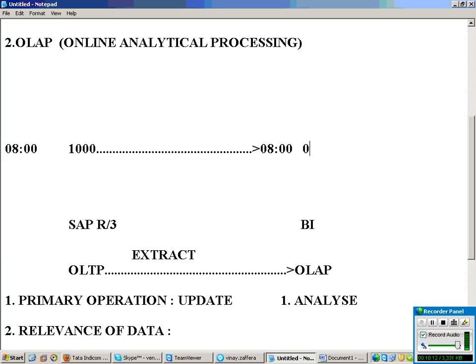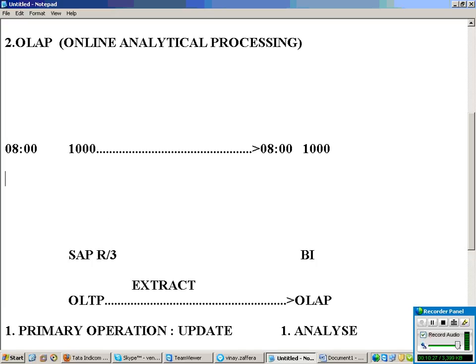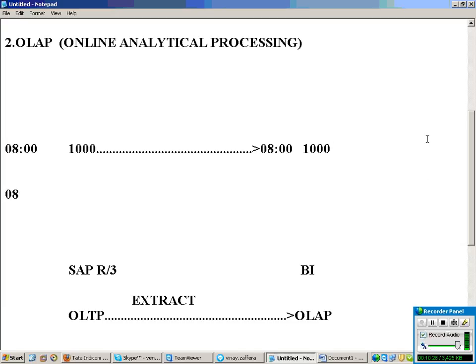Suppose I extracted the data, how many records are coming in? 1000. Now this data here is 1000 and OLAP is also 1000. Now let us say some business is happening at 8.5. When it gets updated into OLTP,